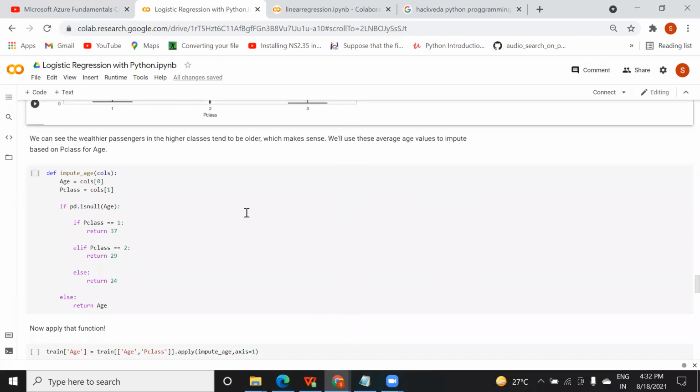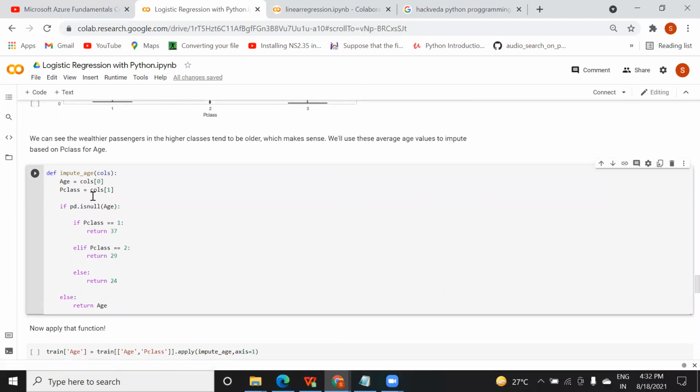And once you are done with this, here I have written one function to impute age. I'm taking two arguments, age and pclass, and I'm checking: if age is null, then I will do something. If my pclass is equal to 1, I will return the age 37. If pclass is equal to 2, return the age 29, otherwise return 24, or else return age.